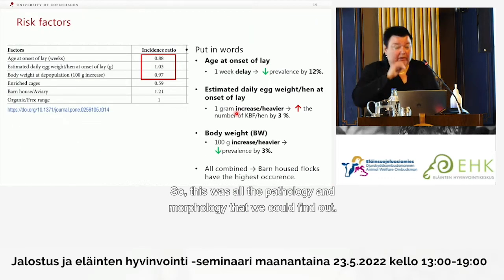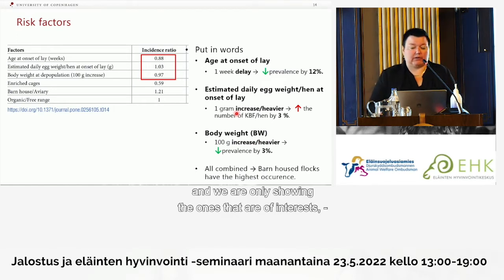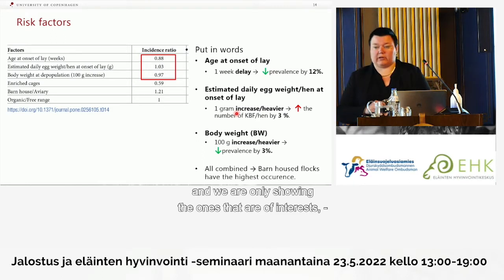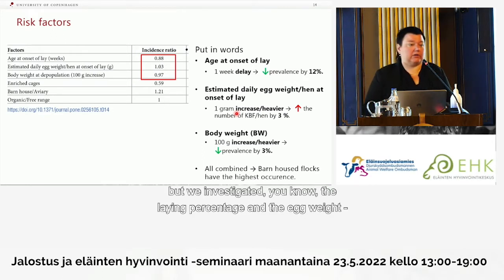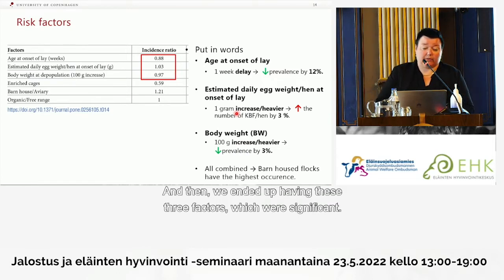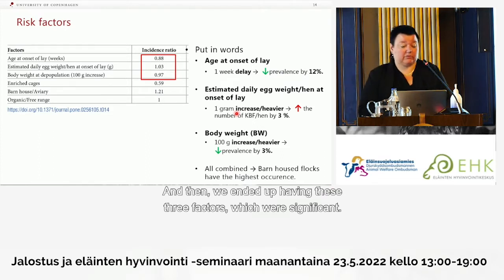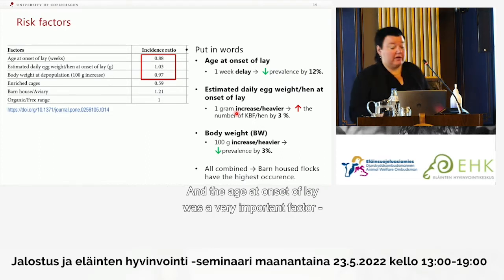So this was all the pathology and morphology that we could find out. And then we looked at the production data, and we are only showing the ones that are of interest, but we investigated the laying percentage and the egg weight and the mortality and all kinds of things during the production. And then we ended up having three factors which were significant, and that was the age at onset of lay, a very important factor in